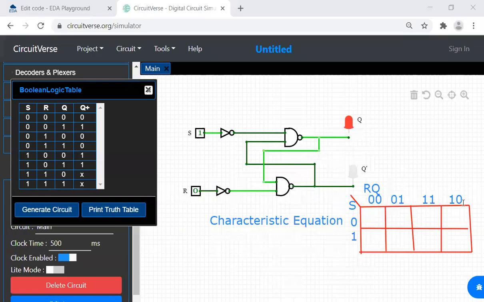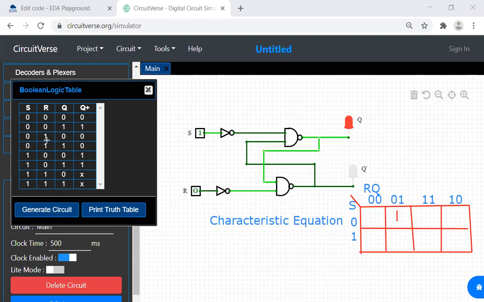Now I have a 3 variable K map over here for S, R and Q. Let me write the values. What are the values I get for S, R and Q? I'll only write the values related to 1. We can ignore the zeros because I'm solving it in minterm notation. Okay. So when SRQ is 0, 0, 0, I'll have a 0. I don't want that. Now 0, 0, 1 is a 1.